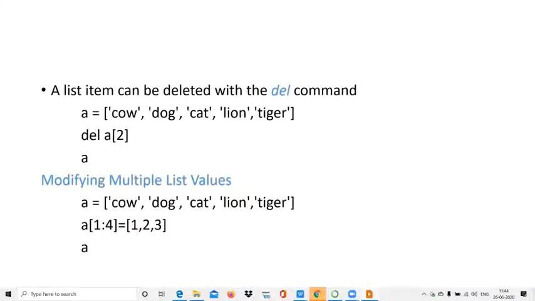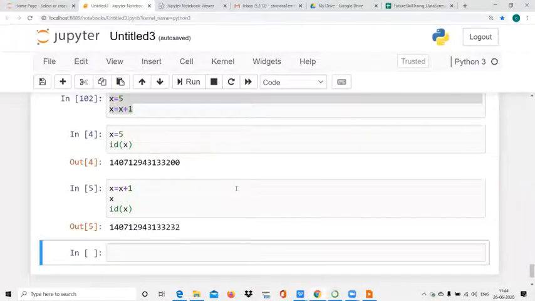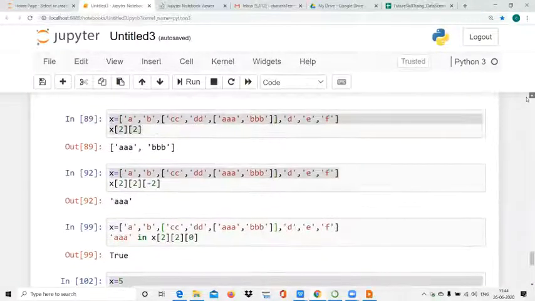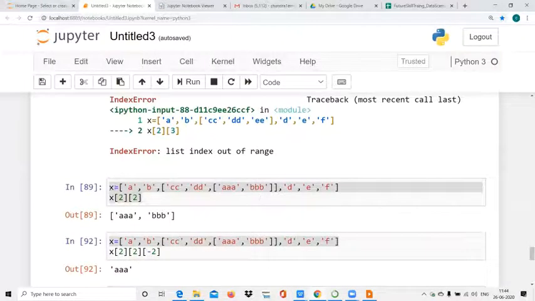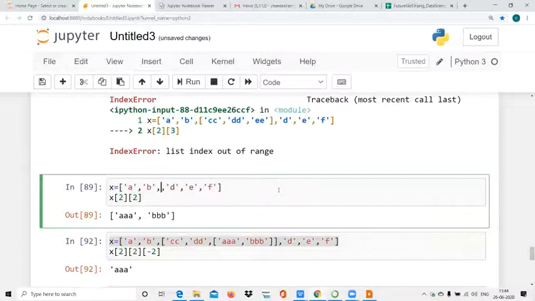So in a list, you can delete an element using the del command. Let's see this. So this is a list.